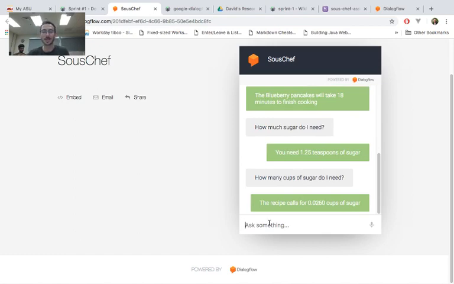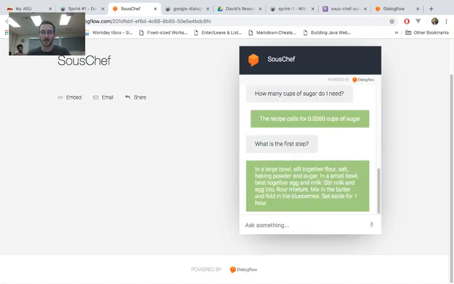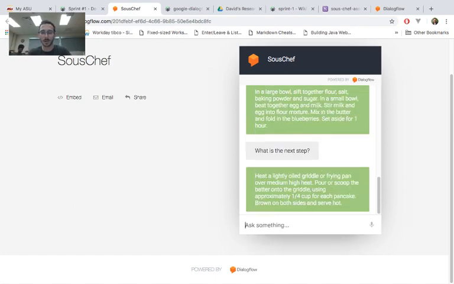So what Ryza and Sumant worked on was the step functionality. So you can say, what is the first step? And then it'll give you that step. You can say, what is the next step? And then it will give you the next step in the recipe. And then you can say